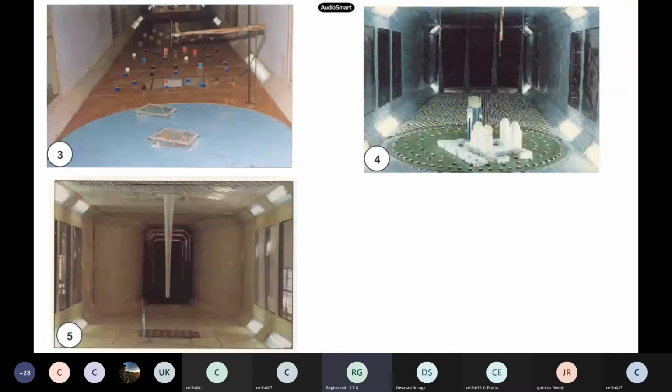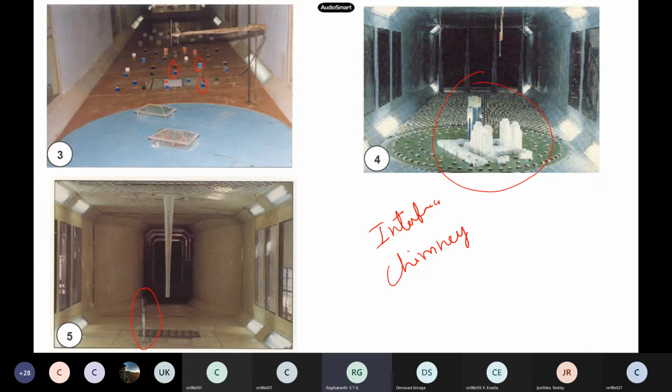This I already showed you. So you can see small buildings they put to understand interference, how much, if you are constructing a building, it will interfere with other buildings. Then this is, I think, a chimney they have done, tall chimneys which are there in power plants. So they have done wind tunnel experiments, and here also the huge buildings, the cluster, how the interference affects, what will be the wind forces.